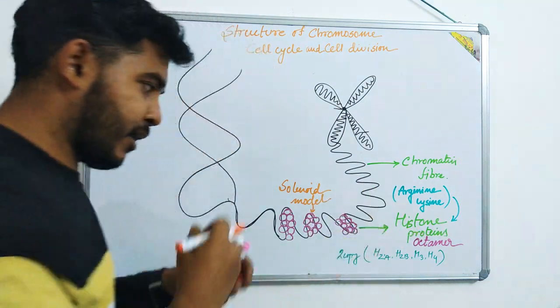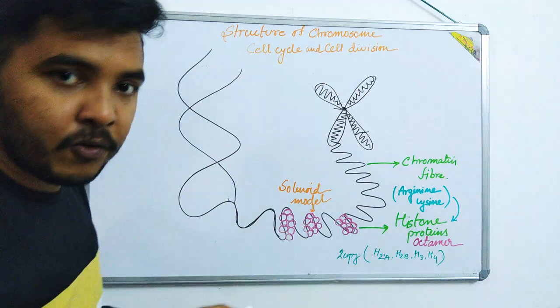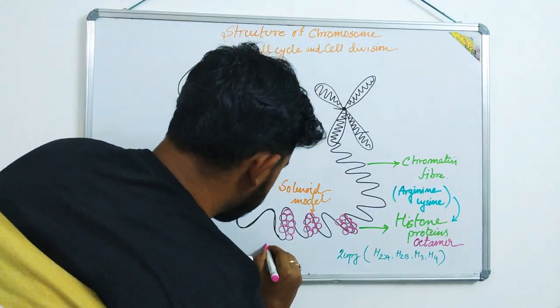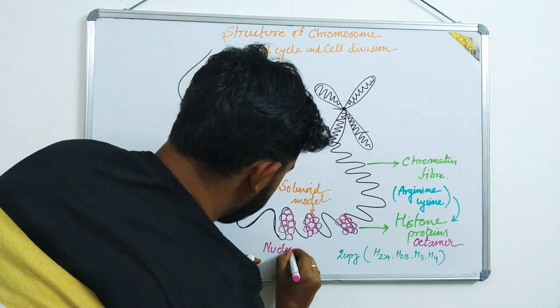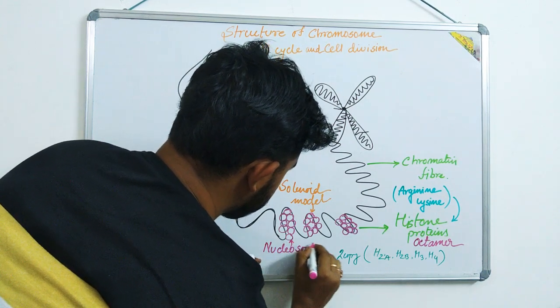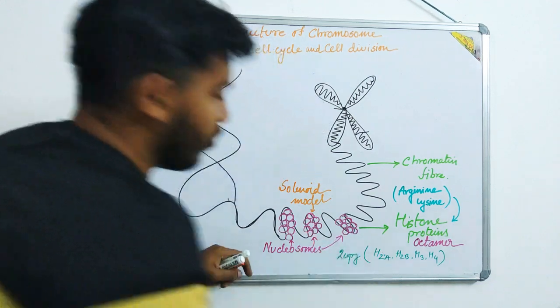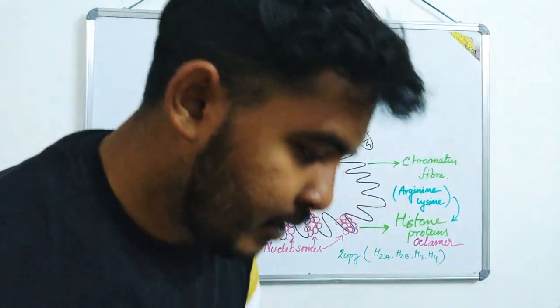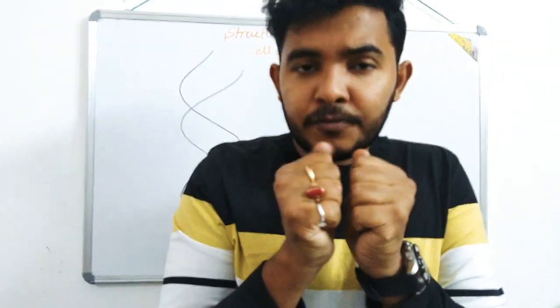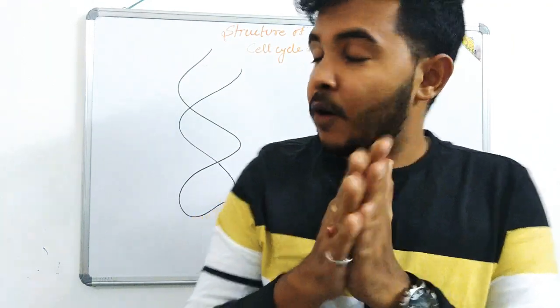This octamer around which this black chromatin fiber is surrounding, we call it nucleosomes. Okay, there is one, there is two, there are many more. So what happened? The nucleosomes come together and come very close, and they make that compact structure